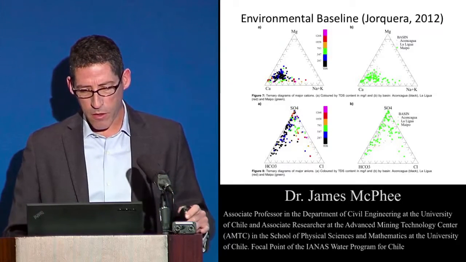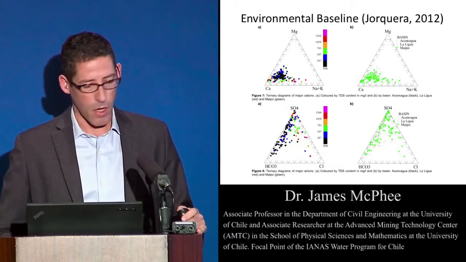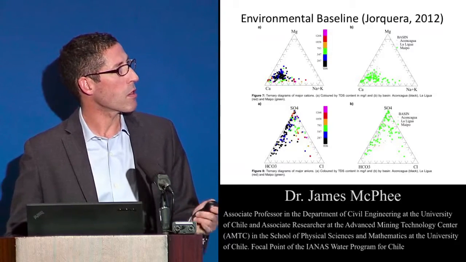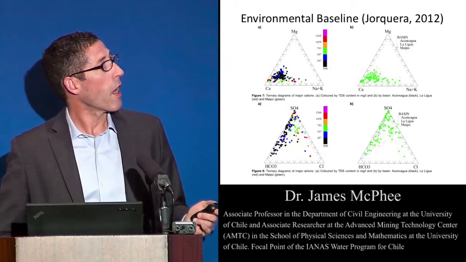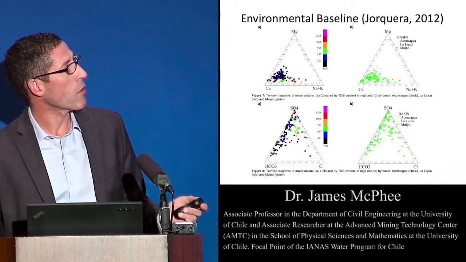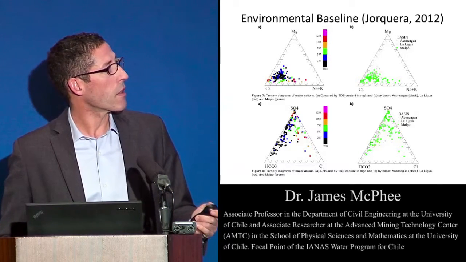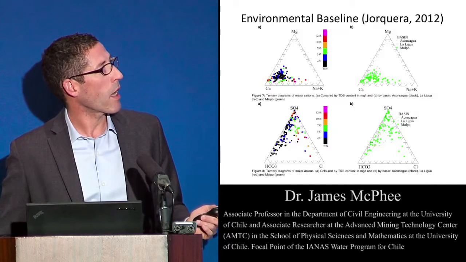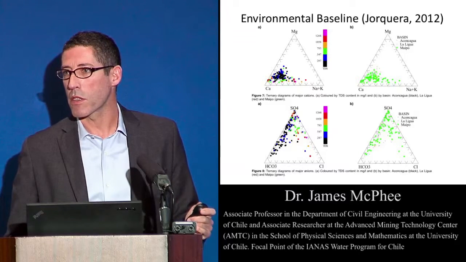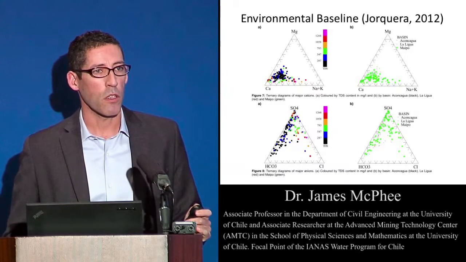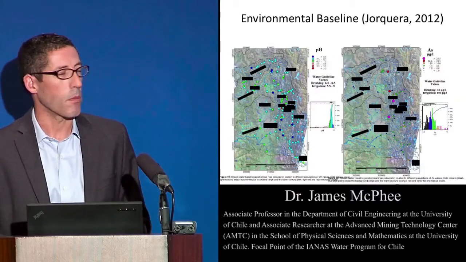So environmental standards require a baseline, and I'm taking these figures from a PhD thesis from Imperial College, by a Chilean student who studied the geochemistry of the Maipo River. I'm just showing this to give you an idea of how the water chemistry looked in this area. It's quite dominated by calcium, sulfate, and carbonate as well. This has to do with the geology of the Andes, and it's not surprising given that there's mining also